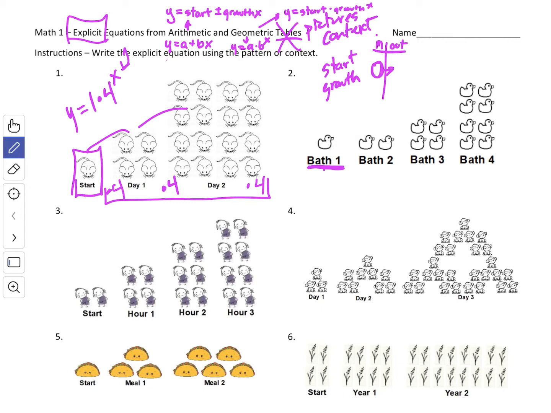Okay, number 2. You want to say I'm starting with 1 duck, but I'm actually not, because that's bath 1. I've got to go to bath 0, right, to do this. So 1 duck, 2 ducks, 4 ducks, 8 ducks. So I'm timesing them by 2 each time. So another geometric, so y equals, now going backwards, we divide 1 by 2, so we actually start with half